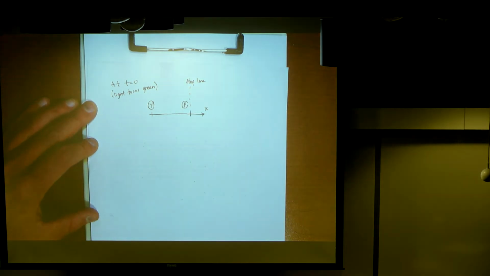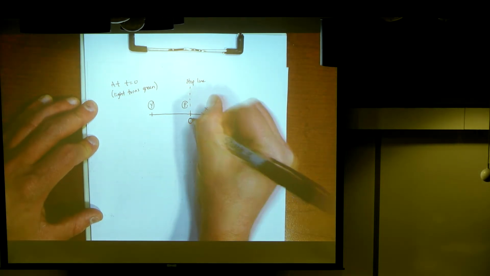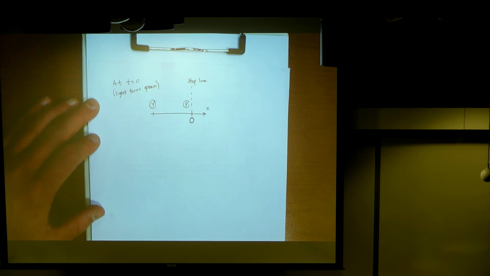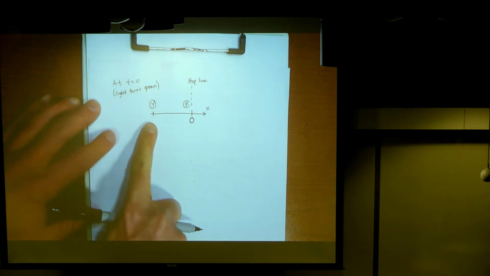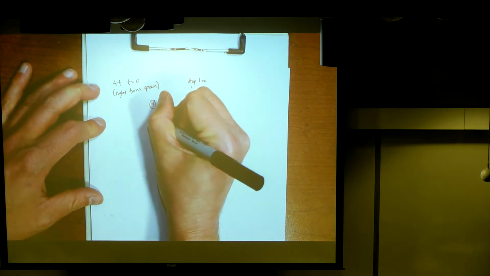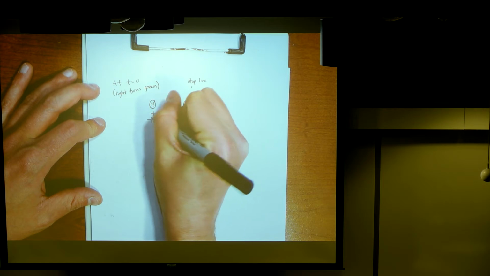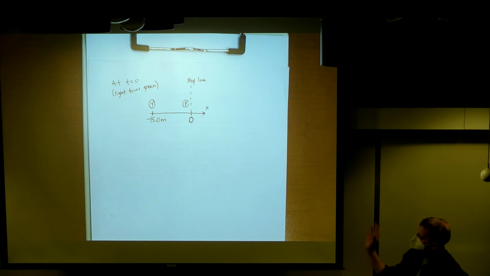Okay. So I'm going to put the origin of this coordinate system right there where the stop line is. And if you are 15 meters back from the stop line, what does that mean about your position right here? Yeah, I'd have to consider this to be negative 15 meters right there. Does that make sense? Again, as long as we're showing that they're 15 meters apart, we're good. But you're behind where the Porsche is. Okay, so at this moment,